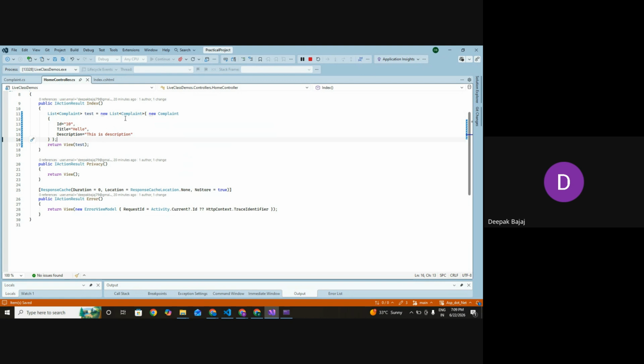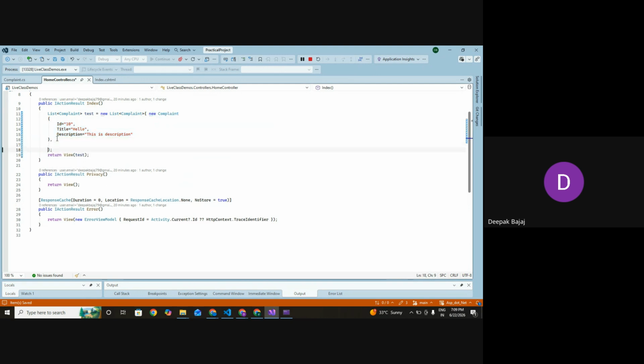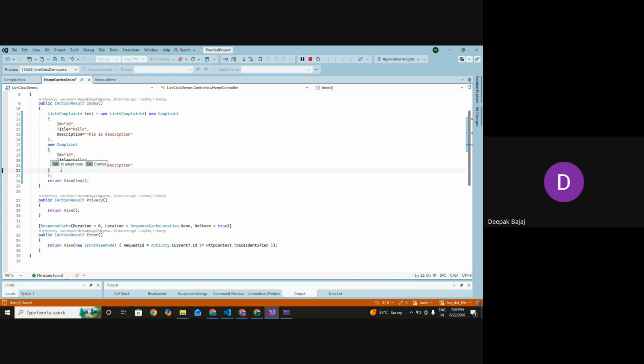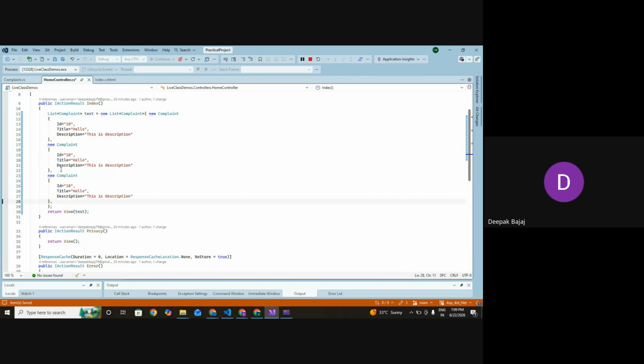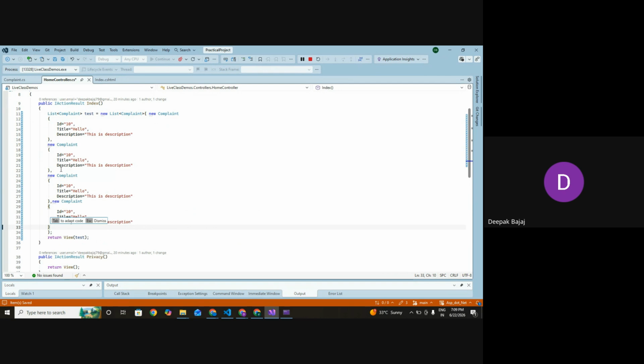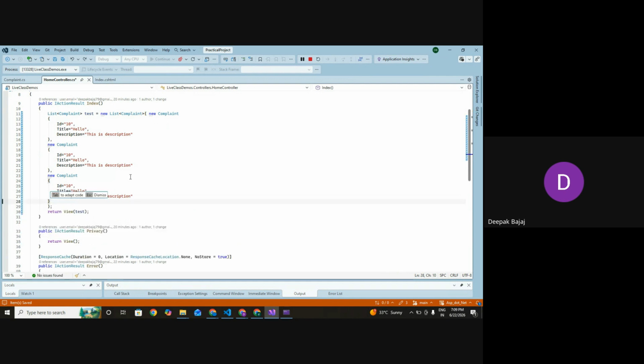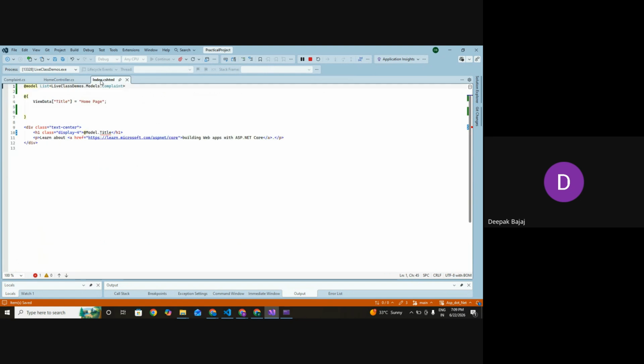Okay, if you want to pass more values here, you can do that. Right now I'm using the same thing here, that's fine, but you can pass different values as well. For simplicity, I am using the same value. Now if you run your code, because it's a list,